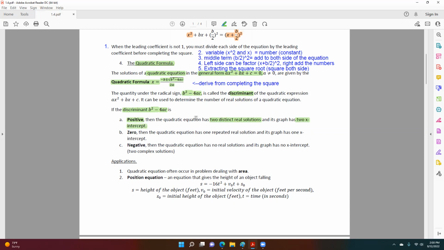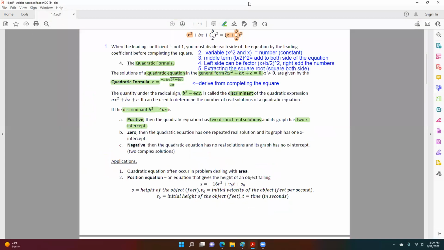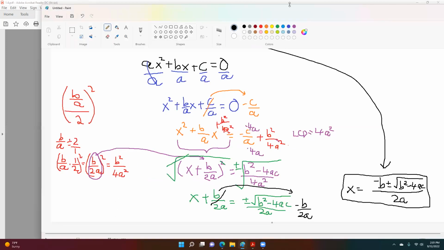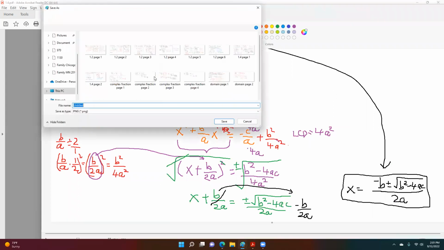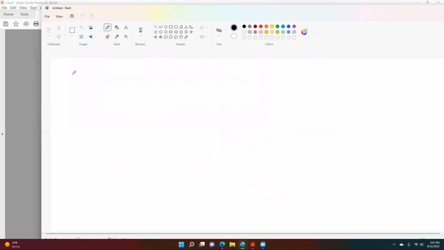Then you get two answers, like what we did so far, right? Every single question we did, the examples we did here, they all have two answers. One is 2, one is negative 2, right? So when you look at the graph, it will cross the x-axis at two different x-intercepts. What I mean in this case is, if your b squared minus 4ac is positive,